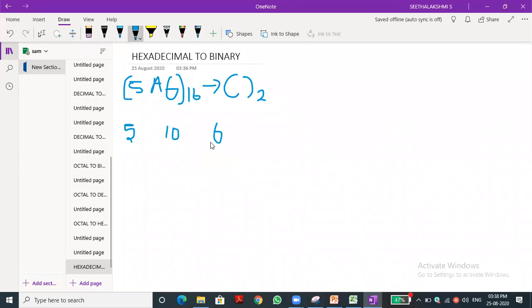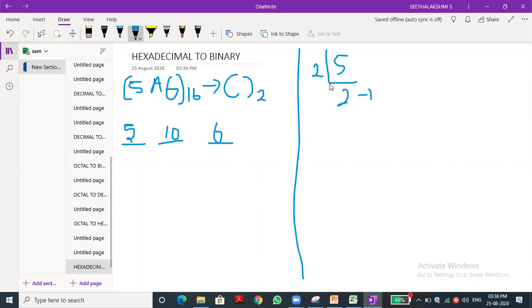That's what our answer is. So we need to convert into binary. Let us do it individually. So 5. Again, I will do the same thing. If we convert 5 into binary, what is the number? Tell that. 2 2s are 4. Remainder 1. Next, 1 2 is 2. Remainder 0. What is the value we got?